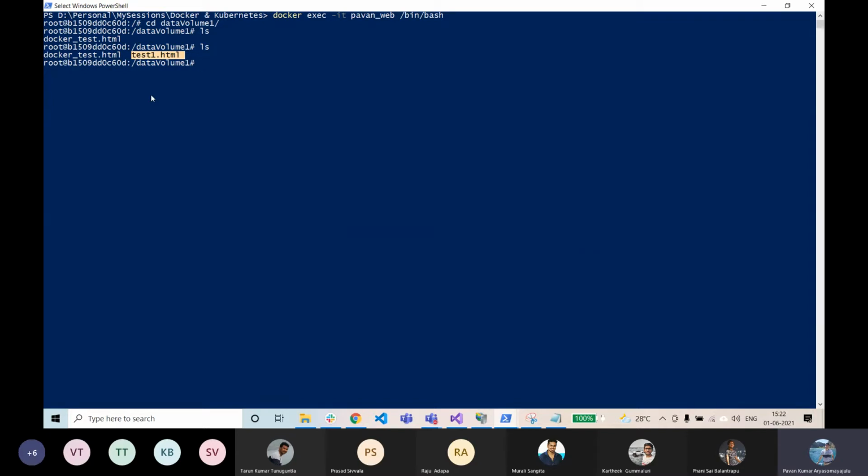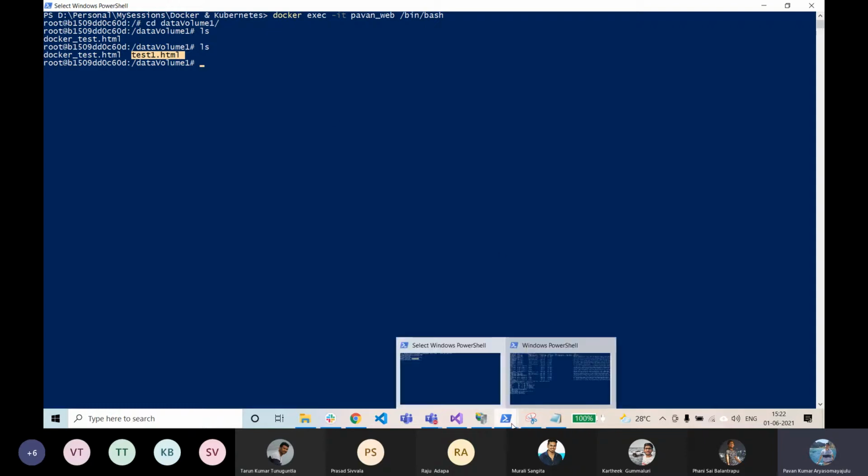And in this anonymous case, what we did is we created a volume when starting one container. And then on the second container, we specified to take the volume from the existing container, using the command docker exec, I mean docker run, and then the option specified is volumes-from. Okay, so any questions over here?